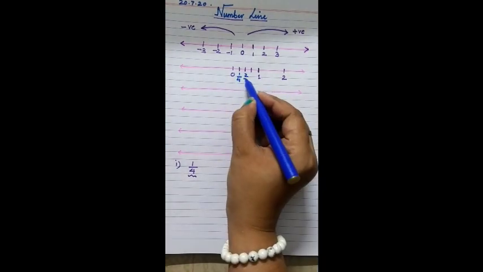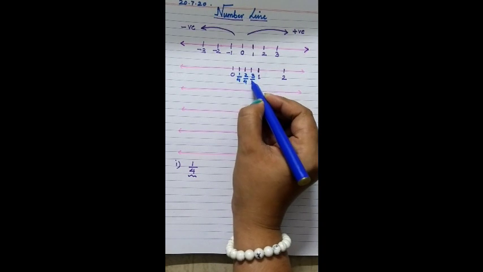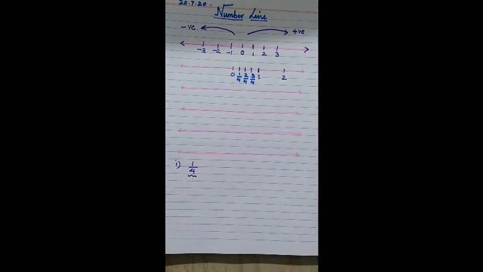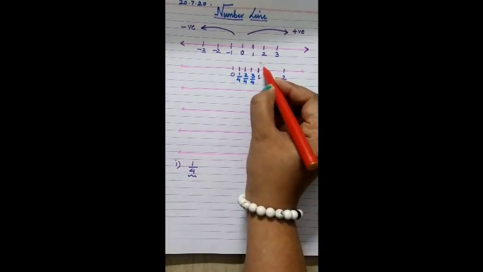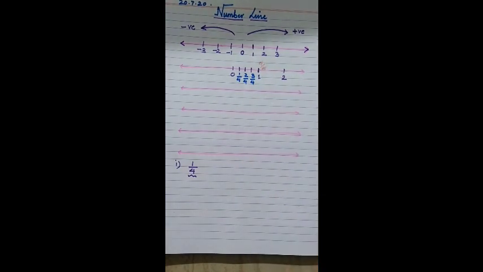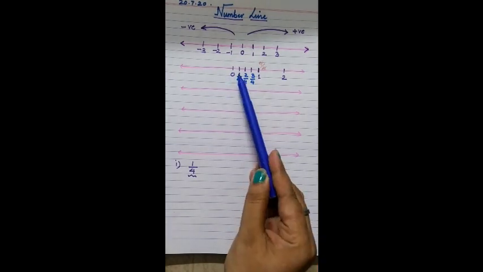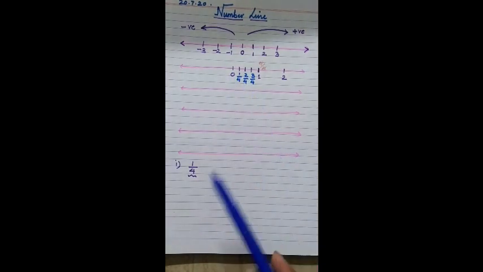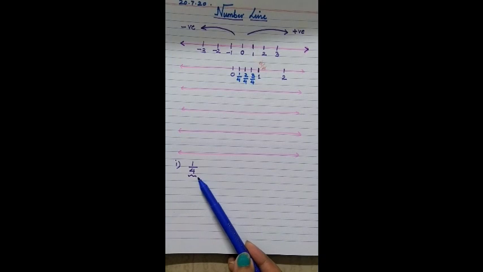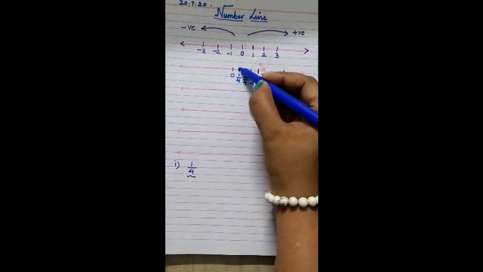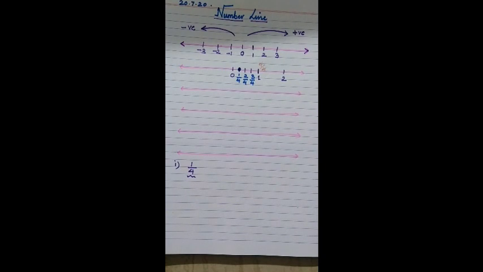Second part is 2 upon 4. Third part is 3 upon 4. And how did I get 1? That is my fourth part. It is, children, 4 upon 4, which will give you 1. Okay. So 4 upon 4 will give you 1. I have divided my interval equally into 4 different parts because my denominator in the question was given as 4. So therefore my first part is 1 upon 4, which I had to represent. So basically we are checking the denominator and dividing it into that many equal parts.